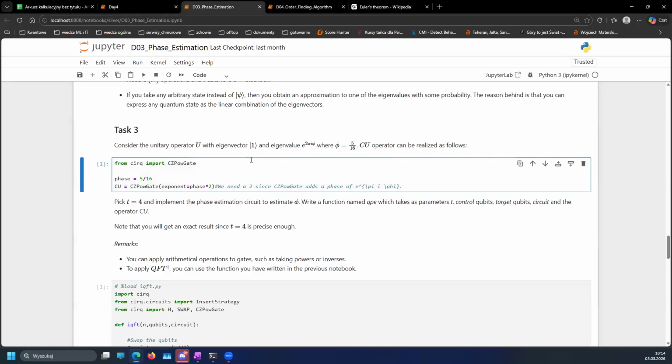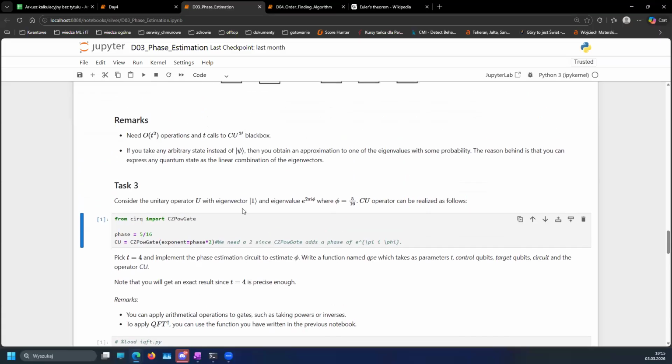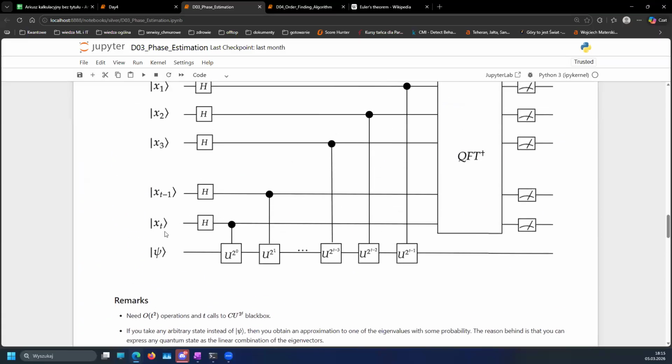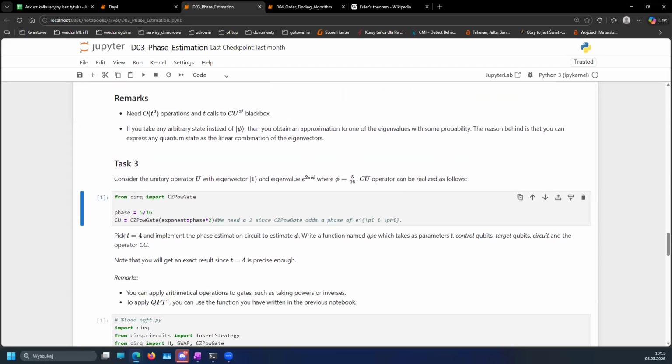And we simply need to write it, but in other terms. Another thing to remember from this task is that if you have the eigenvalue, you can very easily construct this unitary operator, yes? So let's run this code. Okay, and here we have the number t, and t in this notation, as you can see, is the number of qubits in the eigenvalue register. So it will determine the precision of our computation. And here we are told to pick t equal to 4